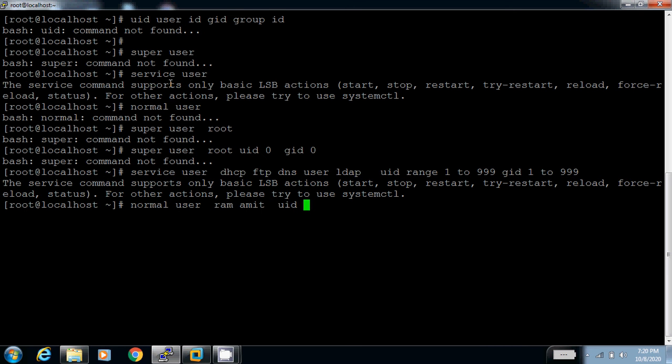The UID range for normal user is 1000 to 60000, and the GID range is also 1000 to 60000.